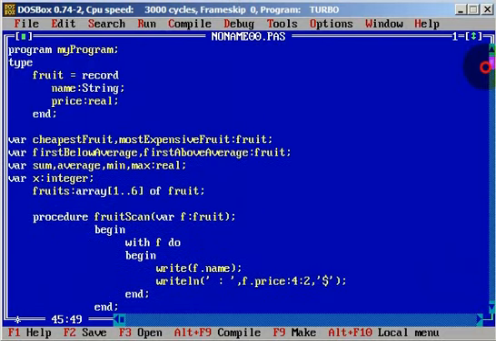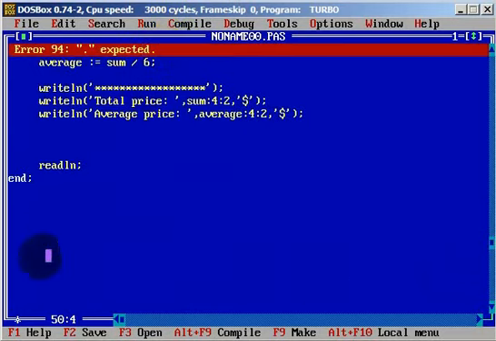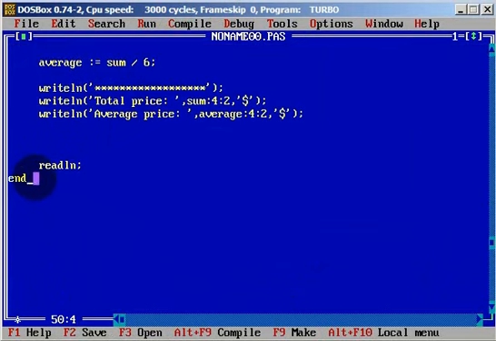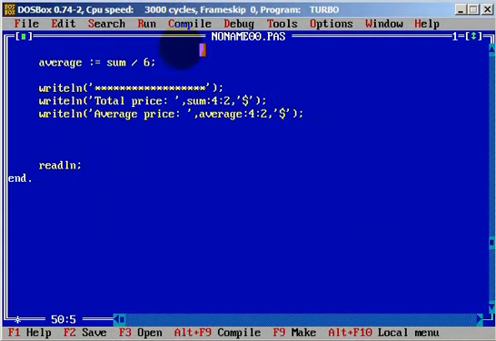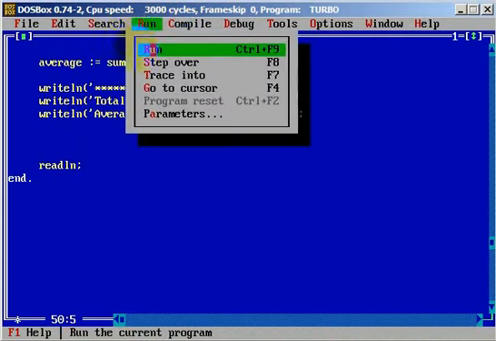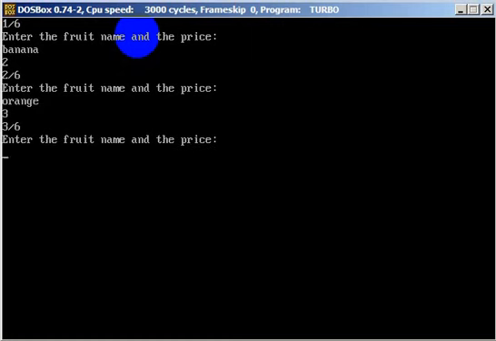Maybe it is better we try to compile this to see if we made some of the errors. Okay, here it is. We use a semicolon instead of dot, and probably this is the only error that we made. We just need to run it quickly to see if everything is okay. Banana, we can use just numbers if they are integers. 3, orange, okay, banana is 2, orange is 3, okay, I don't know, mango